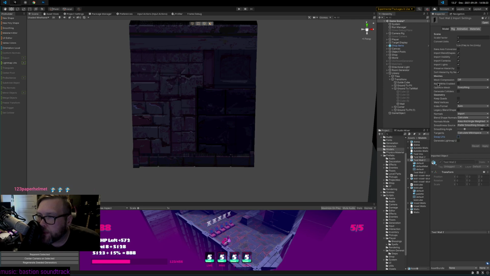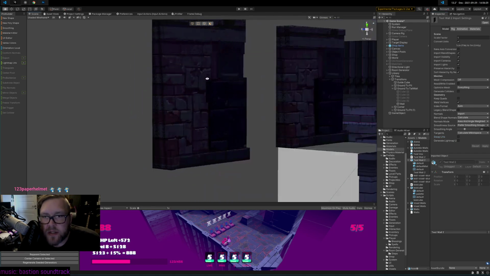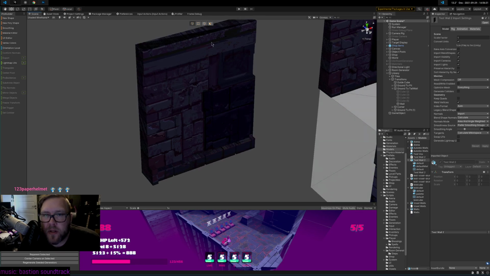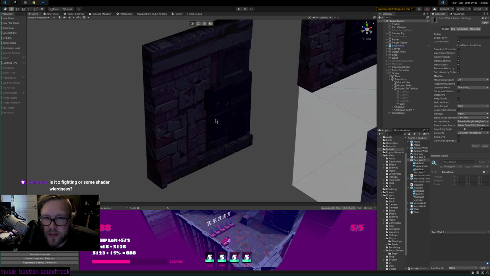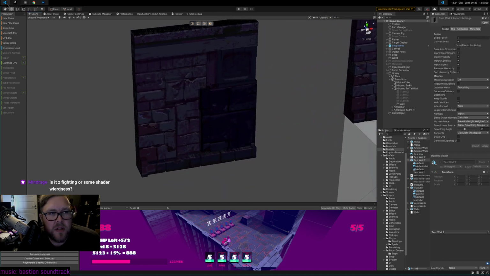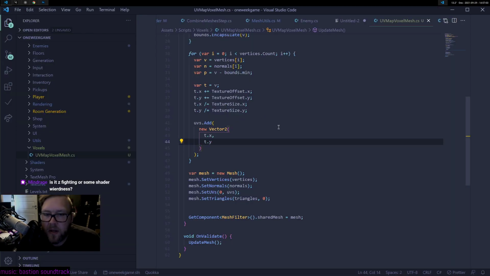So the question is, what do we do with these top faces here? One simple test would be to detect that something is the top face, and then pick some other UV coords. So this also goes for side faces. So the easy thing we want to do is offset it by 1 pixel if it is